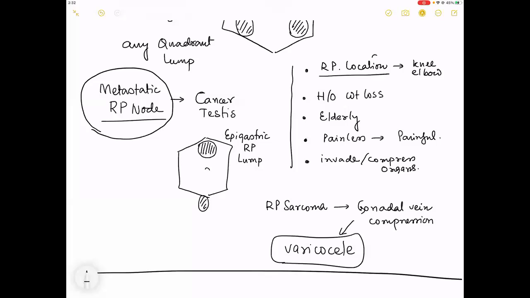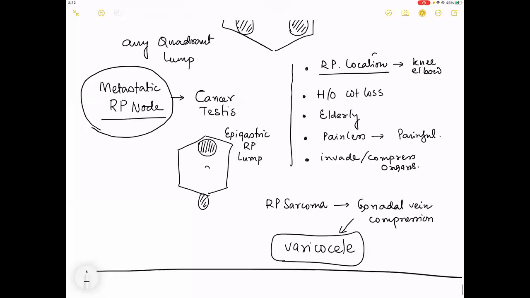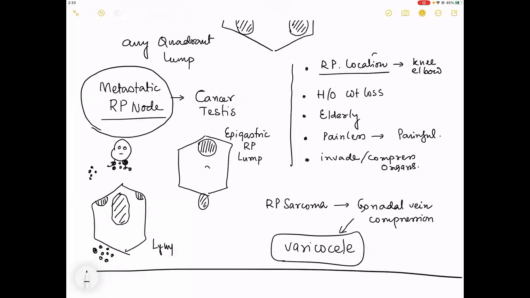Now, can you mention a patient? Let me ask you this question. Good question. Thank you for raising this question. Patient presents with a retroperitoneal lump, presents with nodes in the neck, presents with nodes in the axilla, nodes in the groin. Can you tell me the disease that the patient has? Generalized lymphadenopathy. Oh, the patient also has a spleen, also has a liver palpable. Can you mention? Very good. Is a lymphoma. Lymphoma presenting as a retroperitoneal lump.